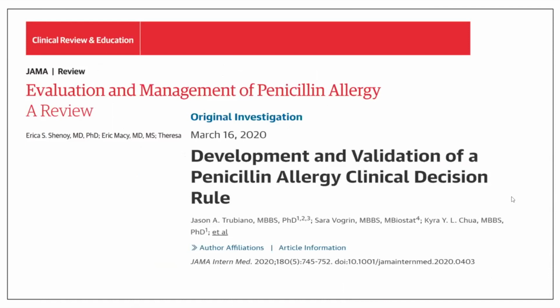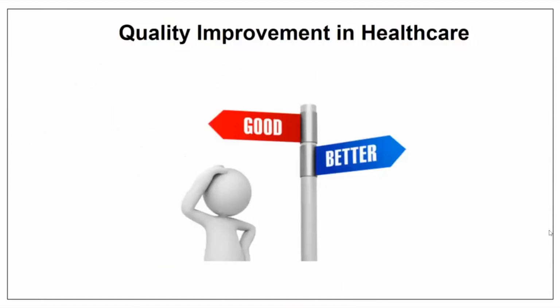And then this is a very popular one from JAMA Internal Medicine. This is from the United States. This one, from a Canadian standpoint, tends to be quite conservative and still recommends skin testing more frequently than I think necessary. And so I wanted to switch gears a little bit and just bring quality improvement in healthcare into the picture. So this is really the why for all of the work that we've done after this point with